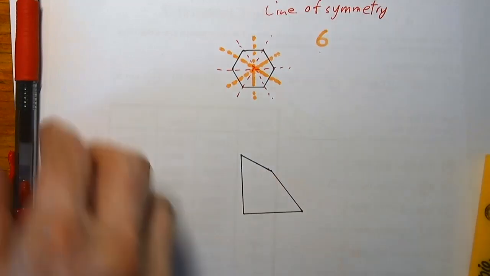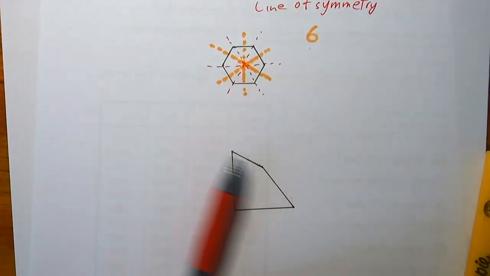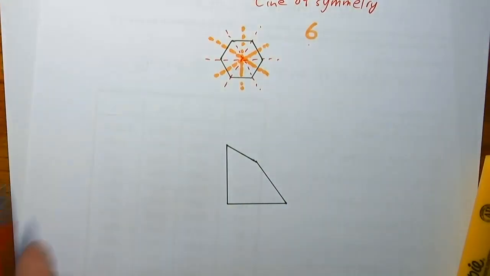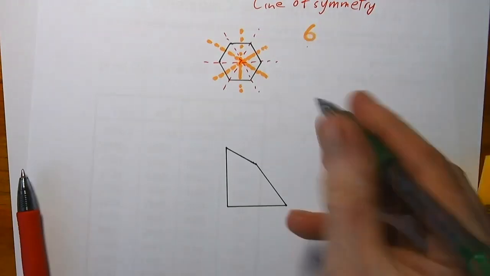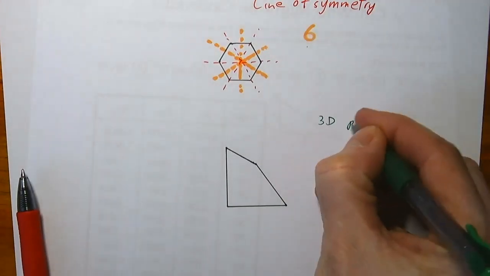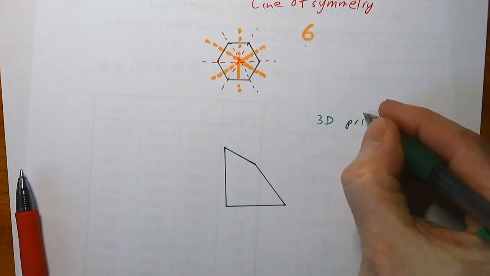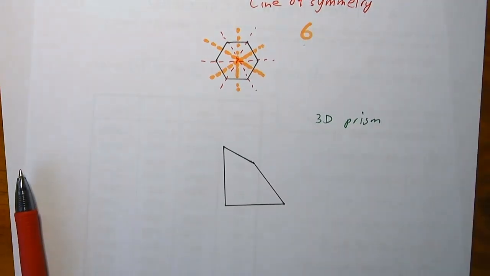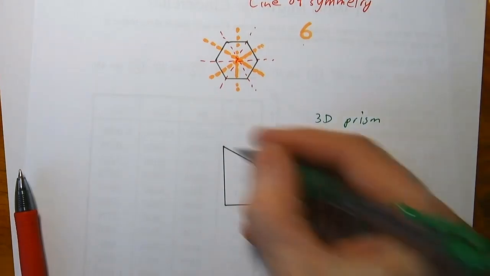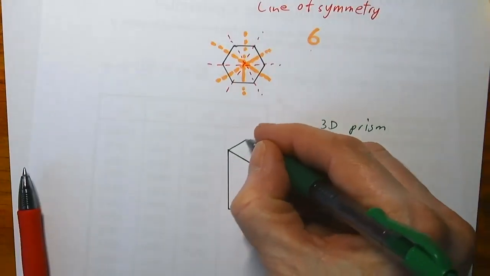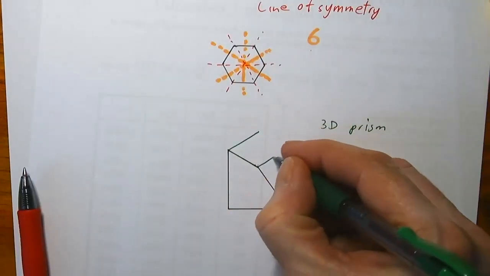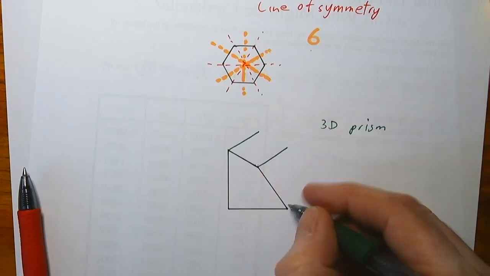I see 6 lines of symmetry. Other shapes like this, no matter how I try to do it, I can't seem to fold it. And if I wanted to make it 3-dimensional, turn into a 3D shape, or as we call it, a prism, to get that 3D shape, we just take any corner, go any length you want, but then make them all exactly the same, same length,